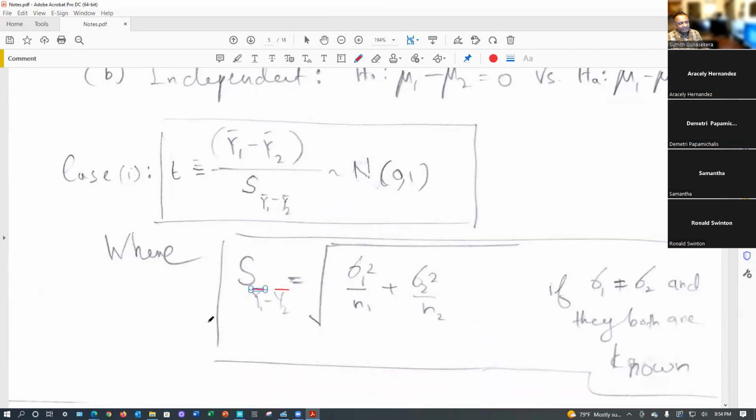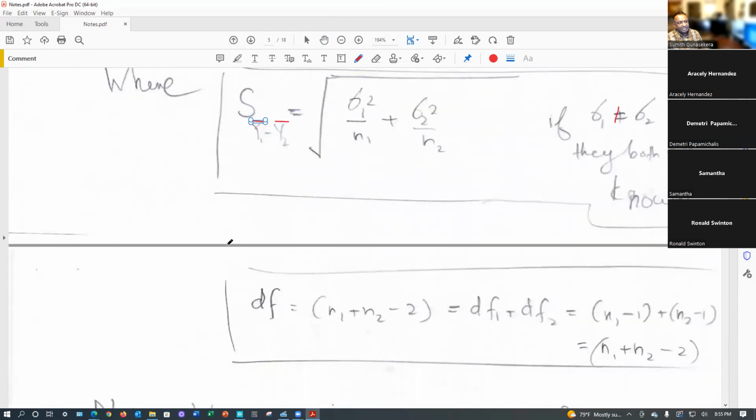Okay, it's the standard deviation, if sigma 1 and sigma 2 are known, and they both are known, and they are not different. And this part should be like this, that one distributed according to the standard normal distribution. But this part is 0, because that's why we don't have a mu part. And this difference divided by that one, case 1. And it's